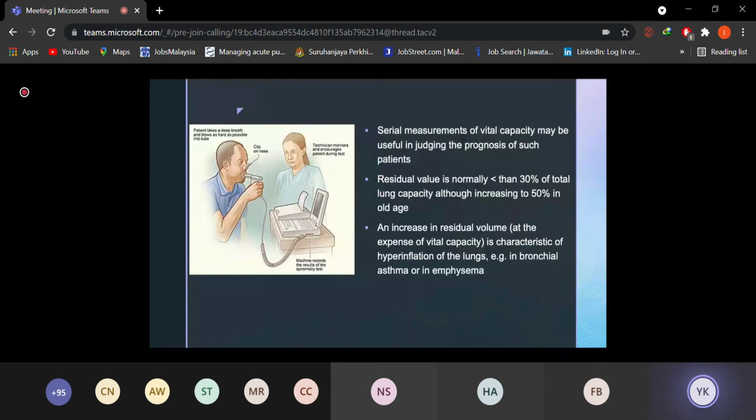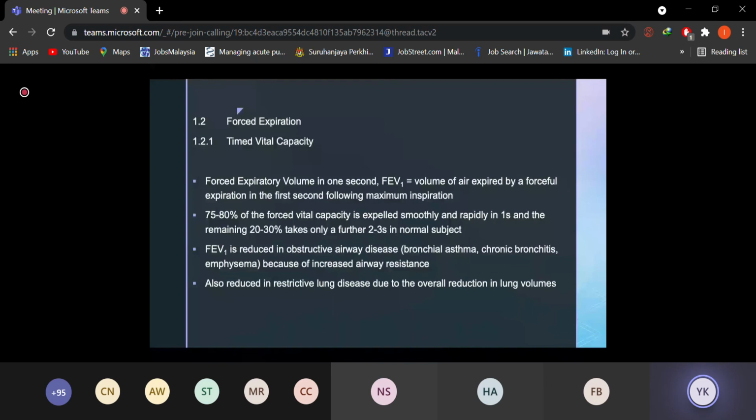Next, forced expiration. In the forced expiration, check the timed vital capacity. As I mentioned earlier, the air